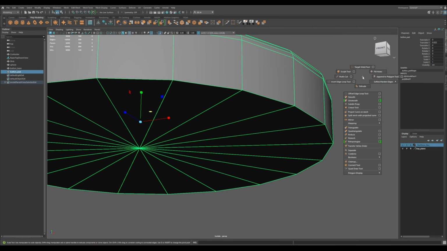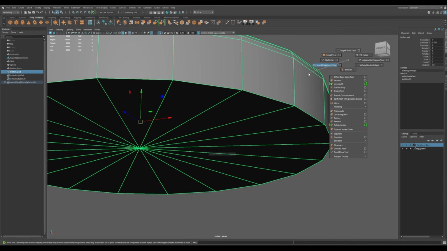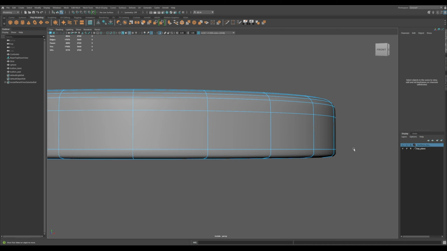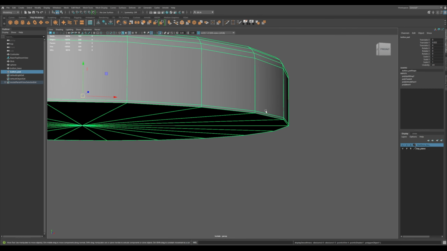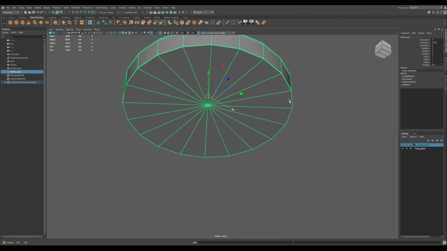Down here, right? Insert edge loop. Again, Shift right click, insert edge loop. Click and drag it down up to down here. Press 3. As you can see, it's starting to firm up instead of smooshing in. And then over here,